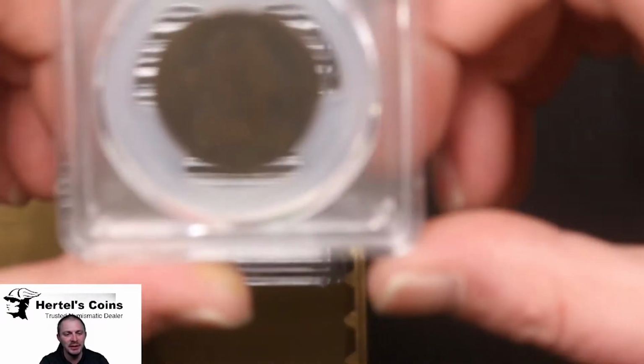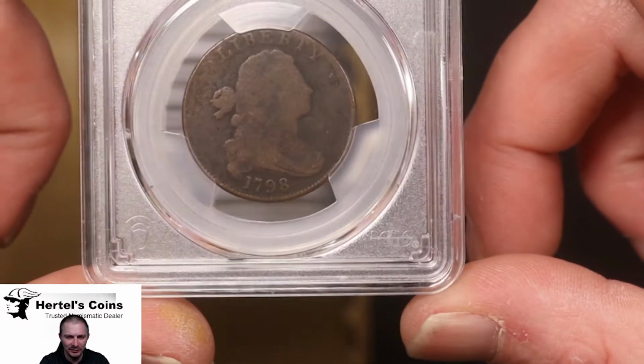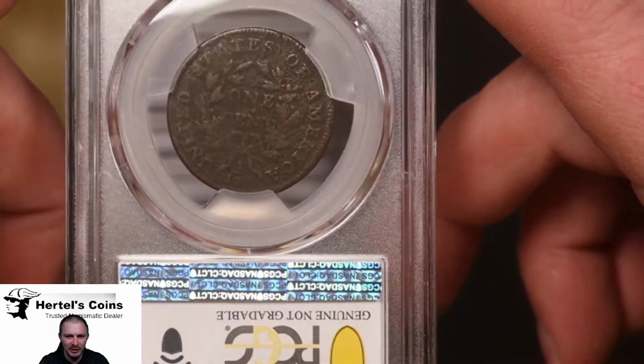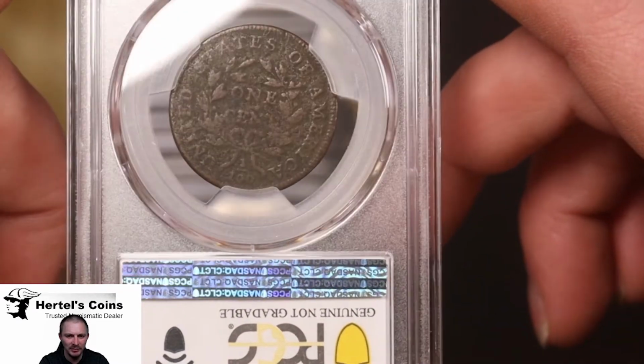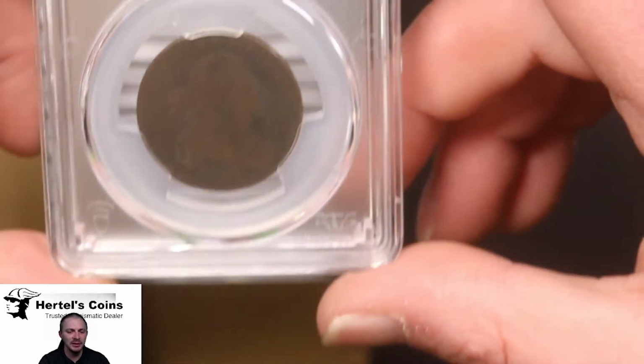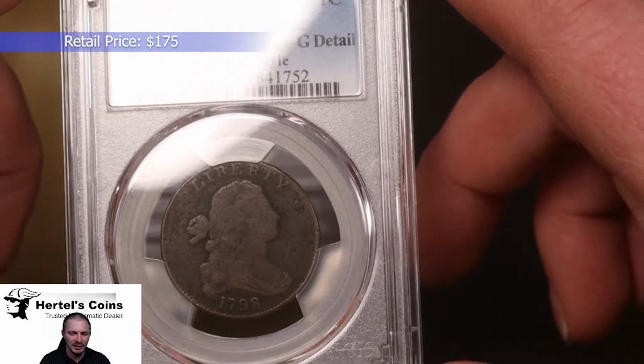Next, 1798, second hairstyle. Nice little full rim coin. Same as the reverse. A lot of pitting on the back, but it's still a nice full rim with all letters still intact. And this one is Good detail, environmental damage. But still a very nice early example